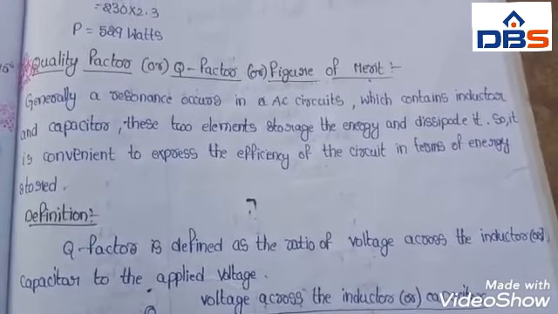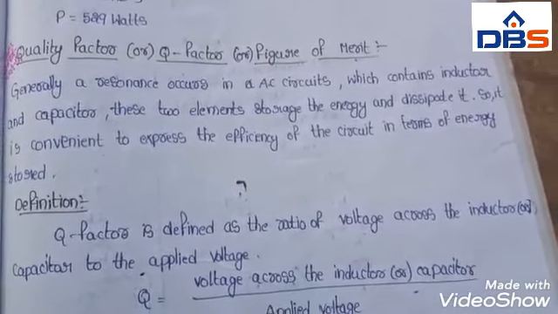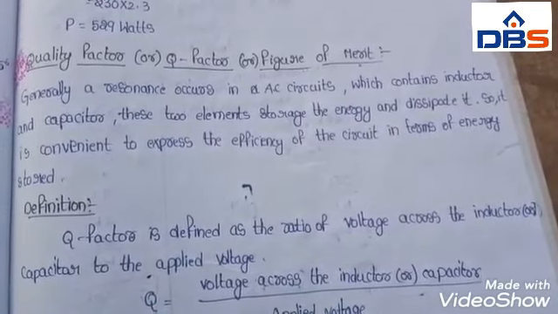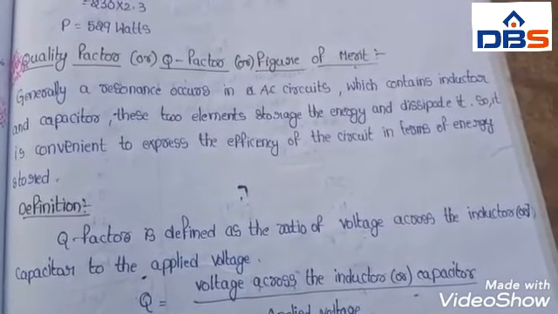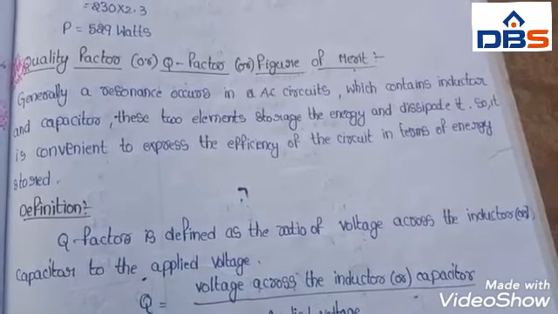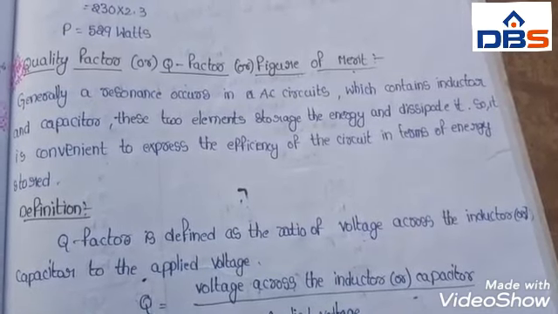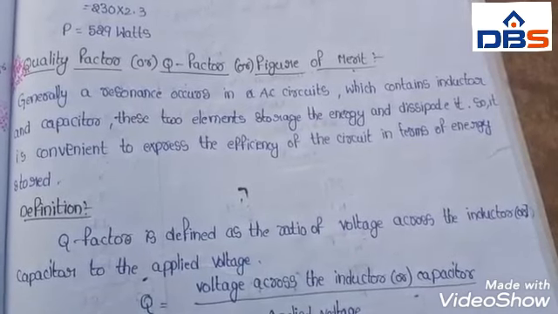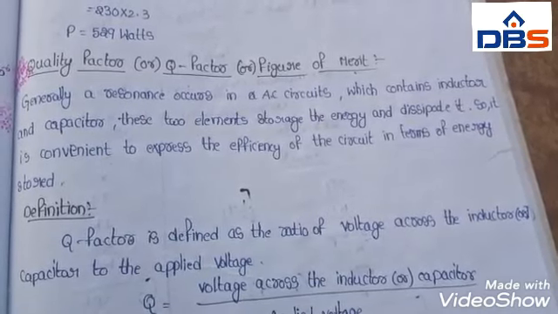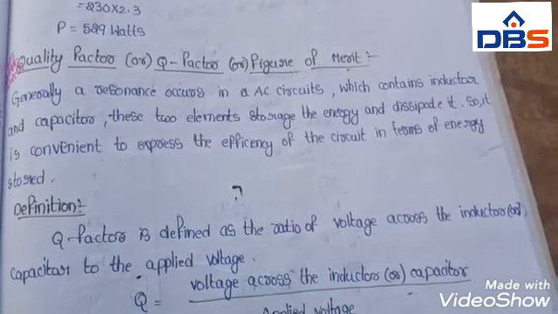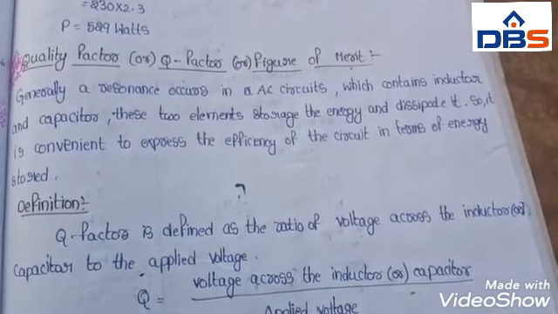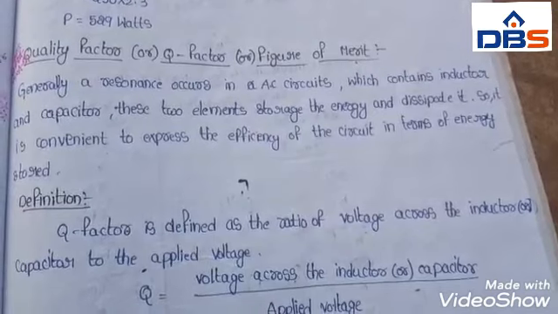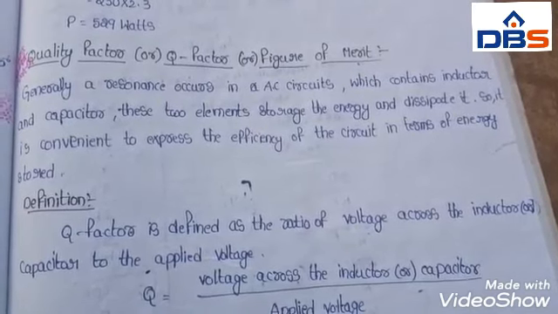So another topic, and the most important topic in series RL resonance circuits: quality factor, or Q factor, or figure of merit. What is meant by quality factor is how the parameters R, L, C will perform in a circuit. So the quality of the inductor and the quality of the capacitor may be calculated from the performance of